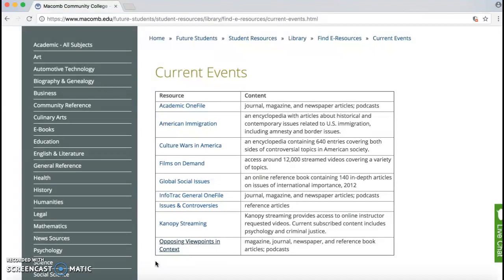I mentioned earlier in the video that research is really a process of trial and error. No one-size-fits-all approach really works. So if something doesn't work in one database or with one search term, try another database, try another search term. You are probably going to find the information and the types of information that you want somewhere in the library website. We will have another video later in the semester about how to navigate searches online,